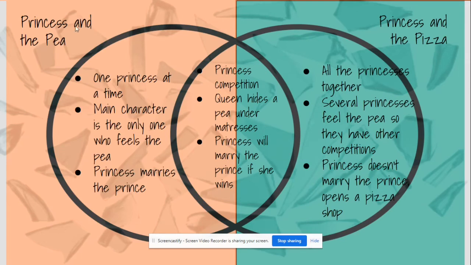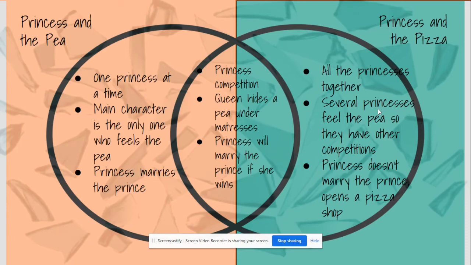Okay. Well, in the story of the Princess and the Pea, they only bring one princess in at a time. They kind of keep that secret. But in the story of the Princess and the Pizza, we see all of the princesses arrive together, and they're there at the same time. In the Princess and the Pea, the main character is the only one who feels the pea, and that's how she wins the competition. But in the Princess and the Pizza, we have several princesses that feel the pea, so